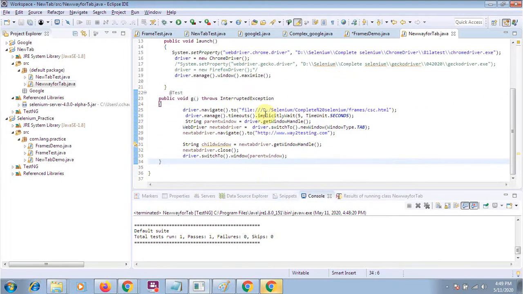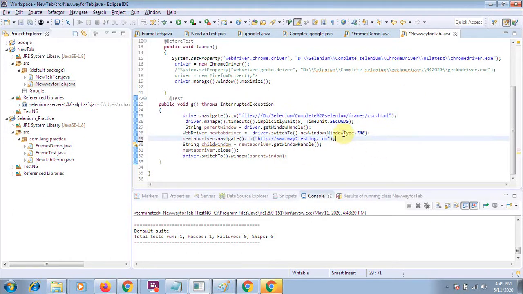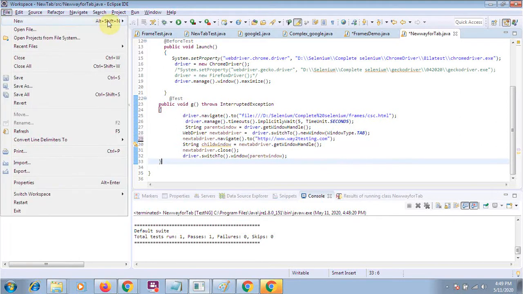Now one more thing, how to download Maven and how to configure it. So if you have the latest version of Eclipse, which is also recommended, then you will get the direct option to create a Maven project from here, like New, and you will get the Maven project here.